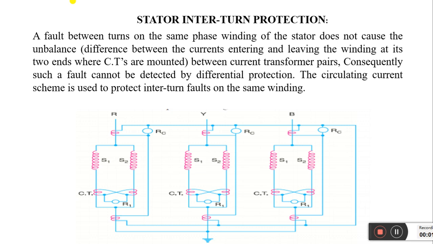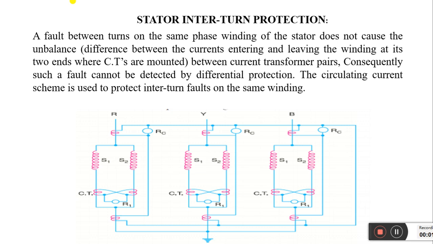So in normal condition, if there is proper insulation and no breakage in the stator winding, the current flowing in the stator winding will not be short-circuited. All the pieces have separate currents flowing throughout